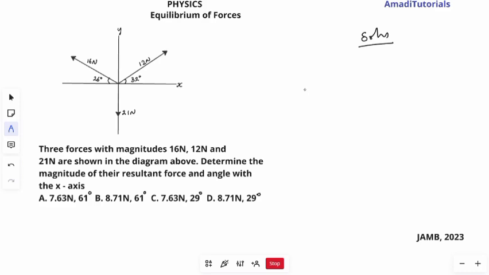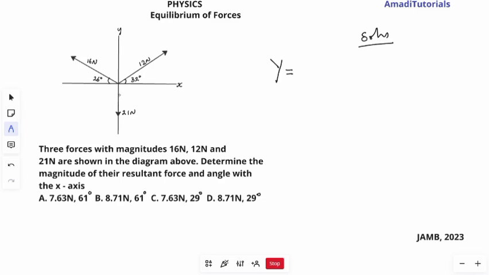Now, the first step is I'm going to resolve all the vertical forces and add them up. For the ones that are inclined at an angle, I'm going to resolve them into their vertical component. Then when I'm doing the horizontal components, I'll also resolve the ones that are inclined. So for our vertical component, I'll label it capital letter Y, which will be equal to,